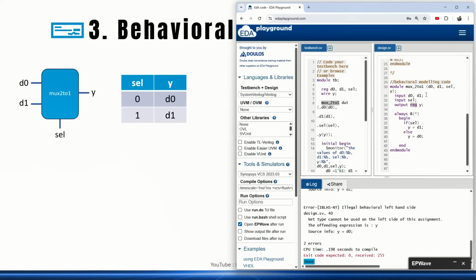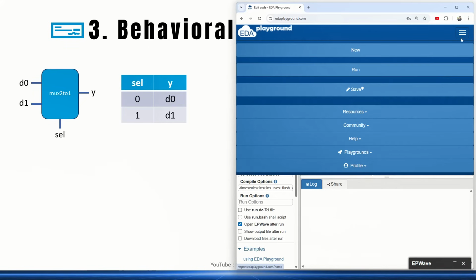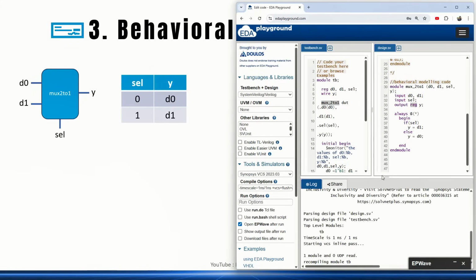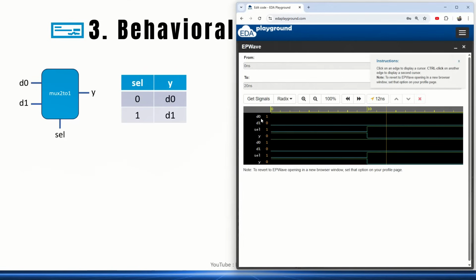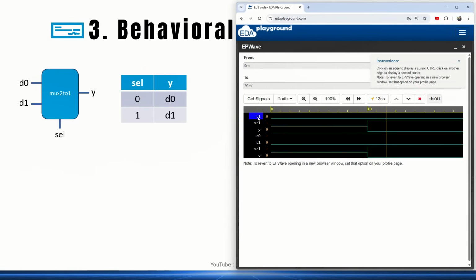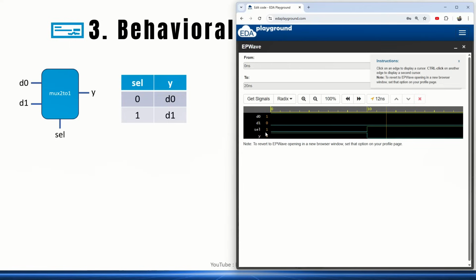So let me add reg here. Again, I am running this. Now there should be no error. Yes, it is passing now. You can see the waveform again, with D0, D1, select and Y showing multiple times. D0 and D1 are the same. When the select line is equal to 0, we should get D0, and we are getting that. When the select line is equal to 1, Y is equal to 0 because D1